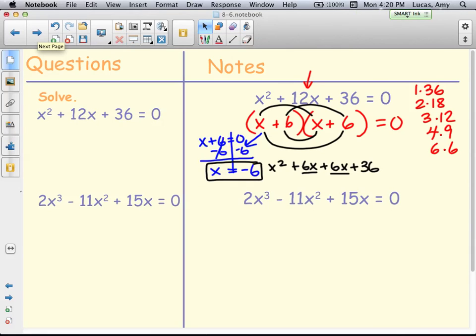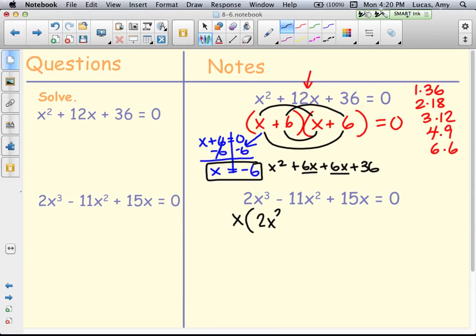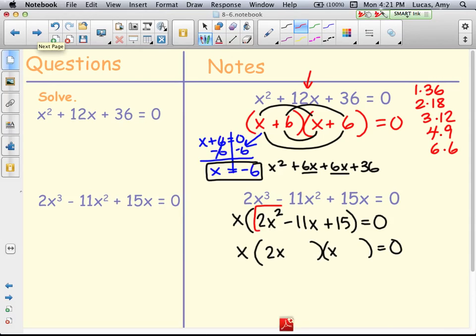Last one. I noticed right away on this problem that I can actually take out a common factor first because they've all got an x in this problem. So I can factor out an x first before we try factoring the rest of this problem. And then 2x squared is 2x times x. That's the only way you can get 2x squared. 15